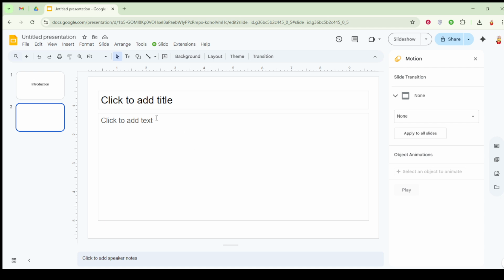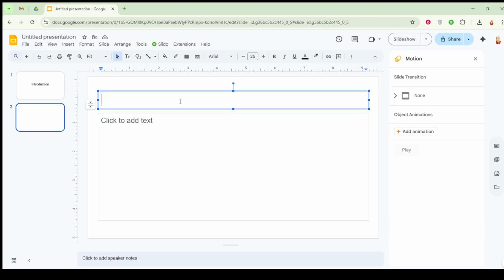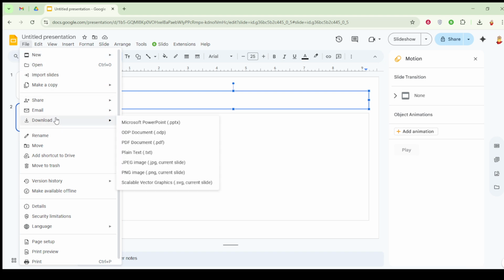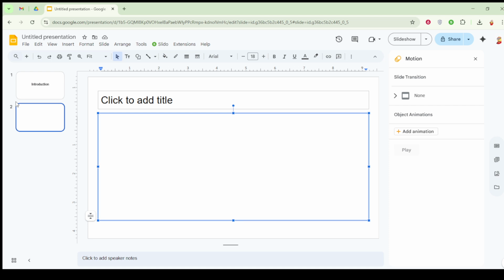To do this, go to the File menu, choose Download As, and select your preferred format such as PowerPoint, PDF, or others that suit your needs. And there you have it, a comprehensive guide to using Google Slides. This tool not only simplifies the process of creating presentations, but also enhances your ability to collaborate and share your ideas